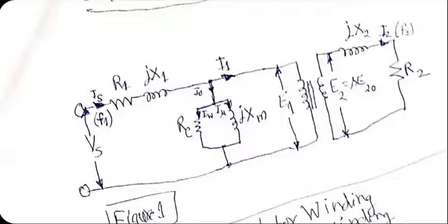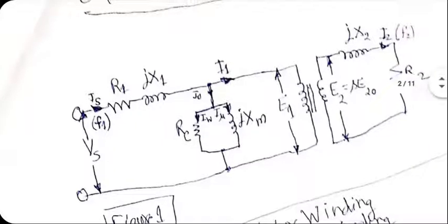And the remaining current goes through an ideal transformer, which has E1 EMF on the primary side and E2 on the secondary side. The conversion ratio depends on how much power is lost in the air gap between the stator and the rotor. By default, I'll assume it to be 1, but in practice, it is never 1. It is less than 1 for sure. In fact, it can be a complex number also because you are talking AC here.